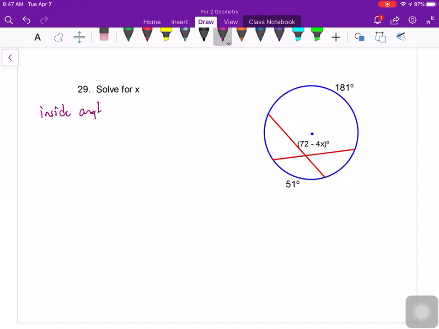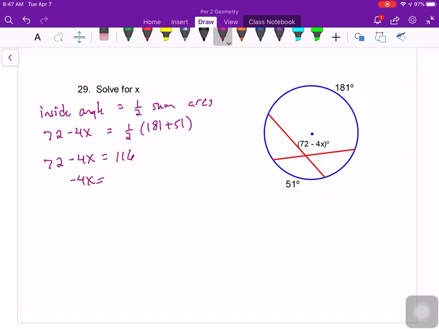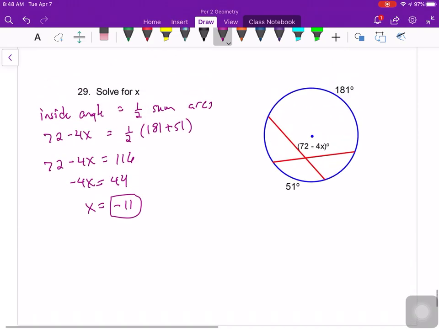That was kind of a complicated one. Let's end on one that's not quite as bad. So here we have an inside angle. It will be equal to half the sum of the arcs. So 72 minus 4x will equal 1/2 of 181 plus 51. 72 minus 4x equals 116. Subtract 72. Divide by negative